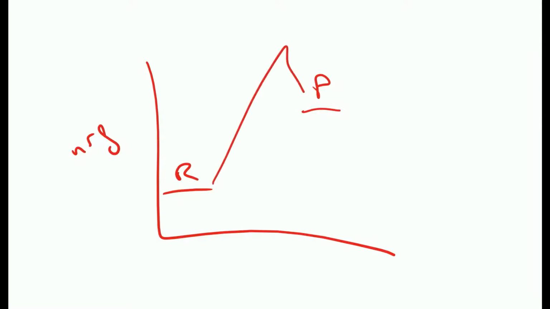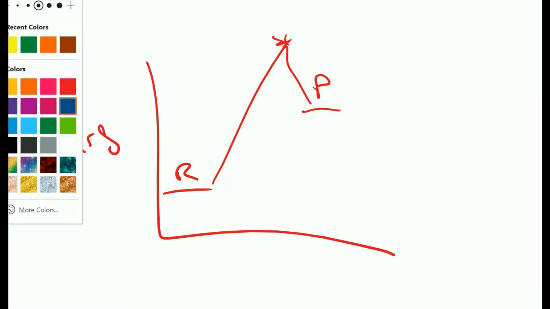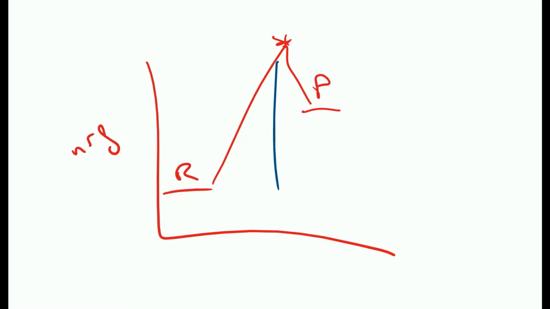But the graph goes up and then down to the products, right, with the activated complex at the top. And in this case, the activation energy, the energy of activation, is all of this. Okay, that's the activation energy. So this is essentially how reactions proceed. You have to input a certain amount of energy to overcome the activation energy, right, to reach that activated complex,